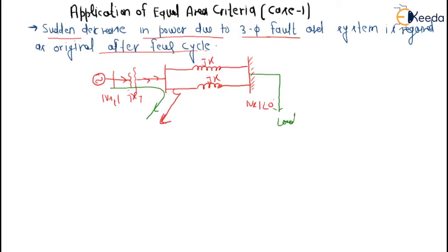So the PE value is equal to 0. PE value equal to 0 when the fault occurred near the source. Or let us assume the fault occurred at point B near the load. Let us assume here the fault is occurring.